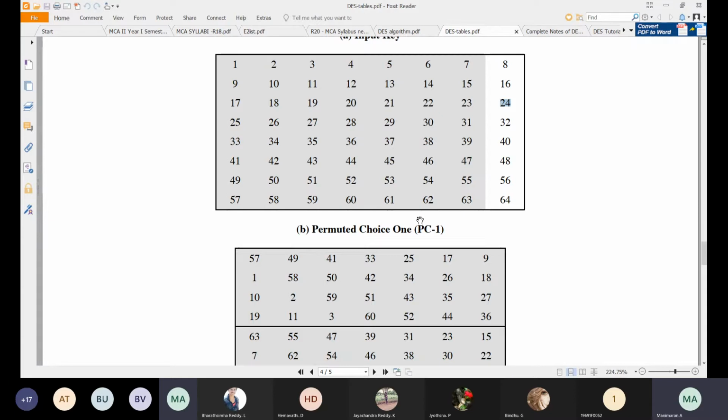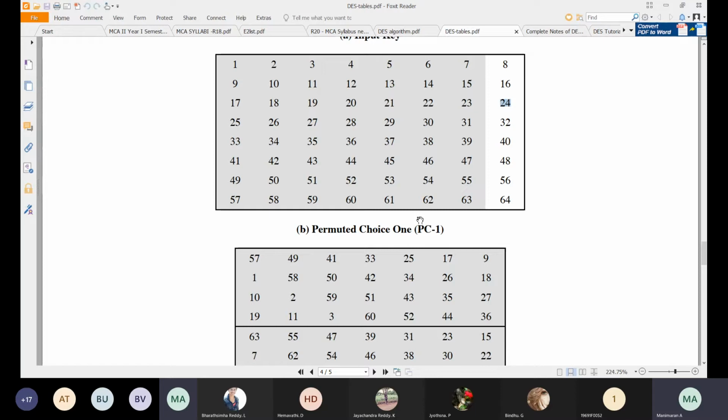For parity checking. Parity checking means, see, now we are using this key for encryption. At last we have to use the same key for decryption. Then finally we have to check whether the data has reached without any error. Like in computer networks, we studied error detection mechanisms, the CRC mechanism, cyclic redundancy check. There we use parity checking.